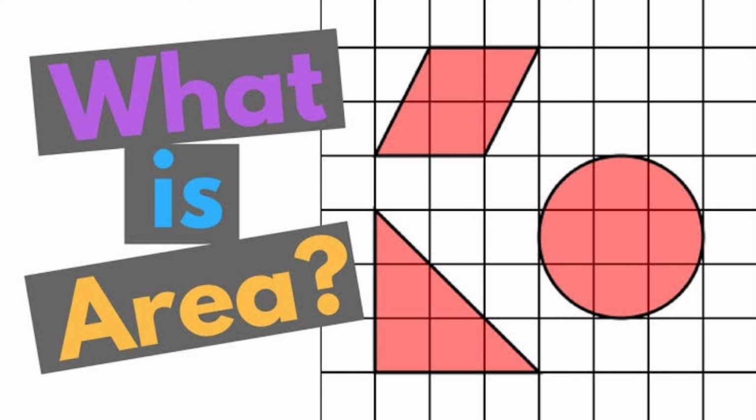Now coming to the next topic, area. So children, what is area? The measure of the extent of any surface of any object is called its area. So what is area? The measure of the extent of the surface of any object. How vast any object is on the surface is called its area. The SI unit of area is square meter.